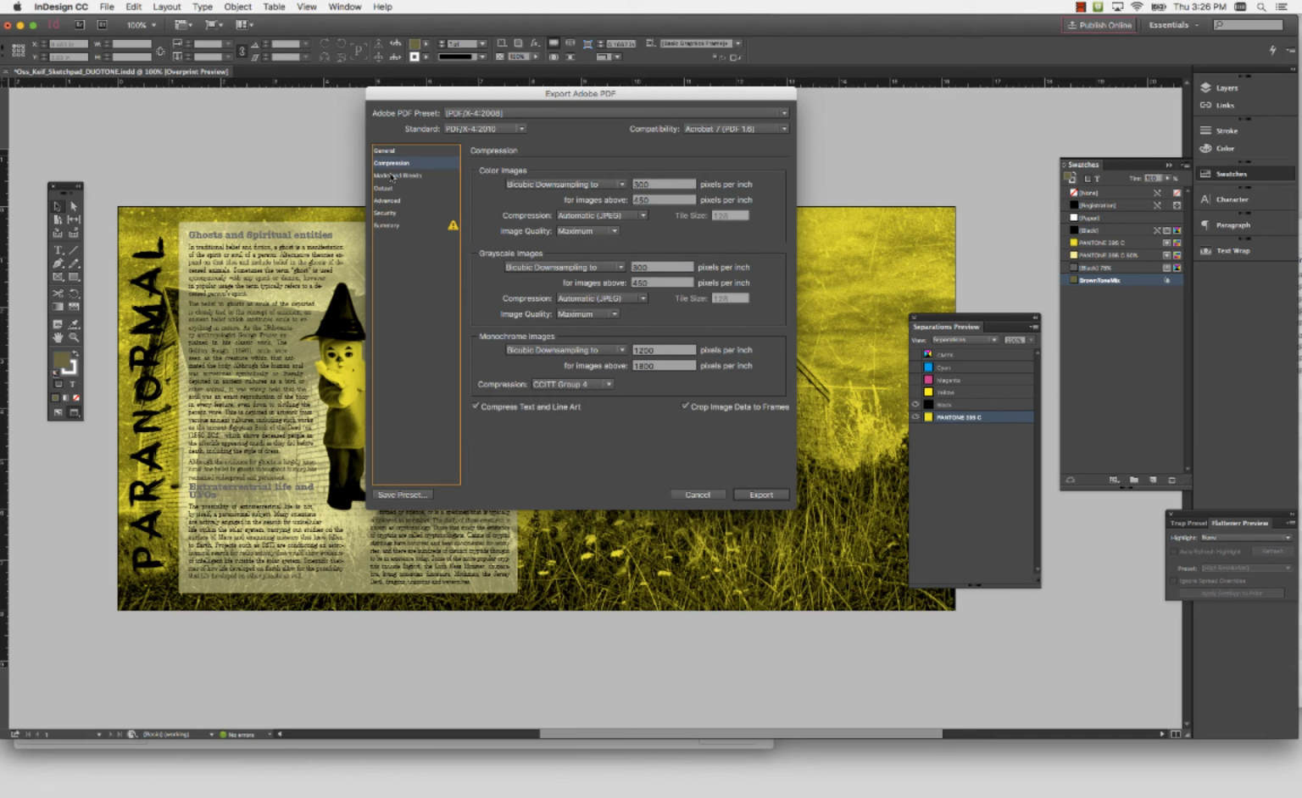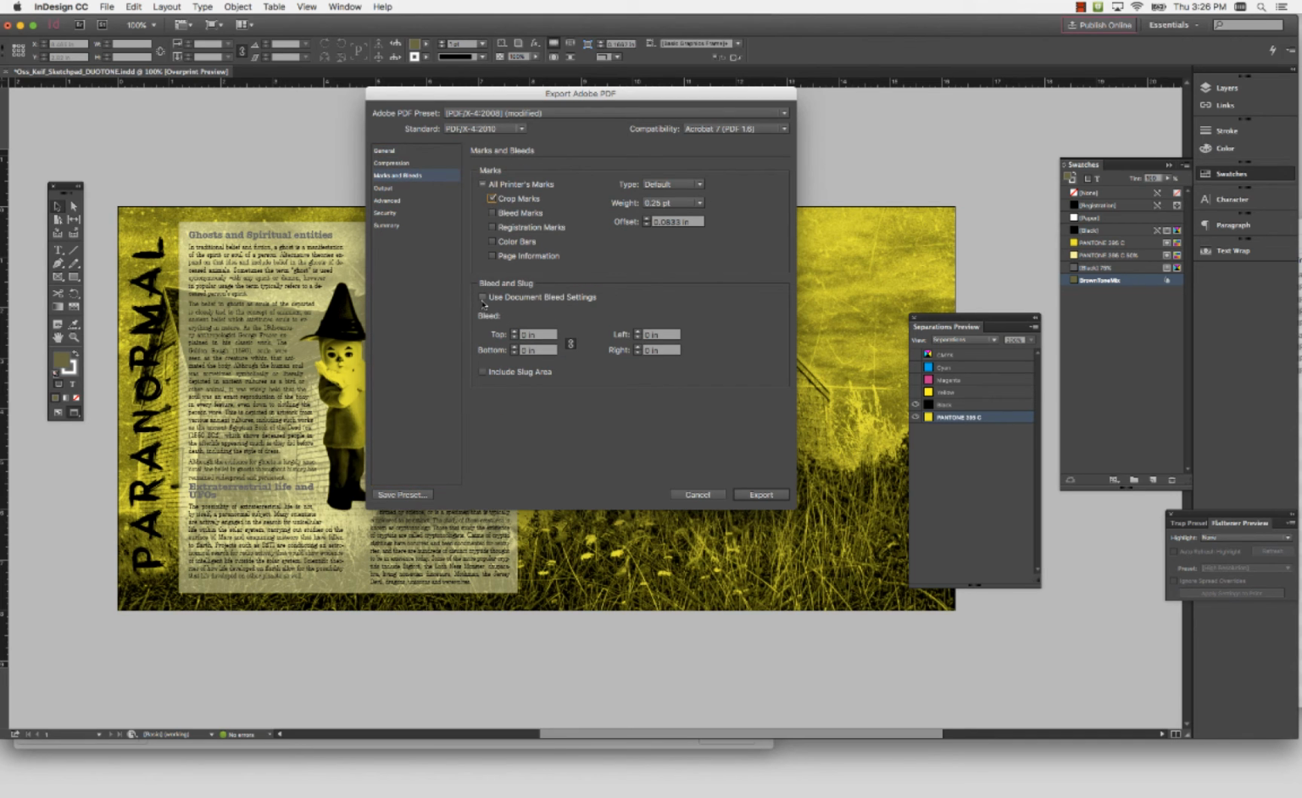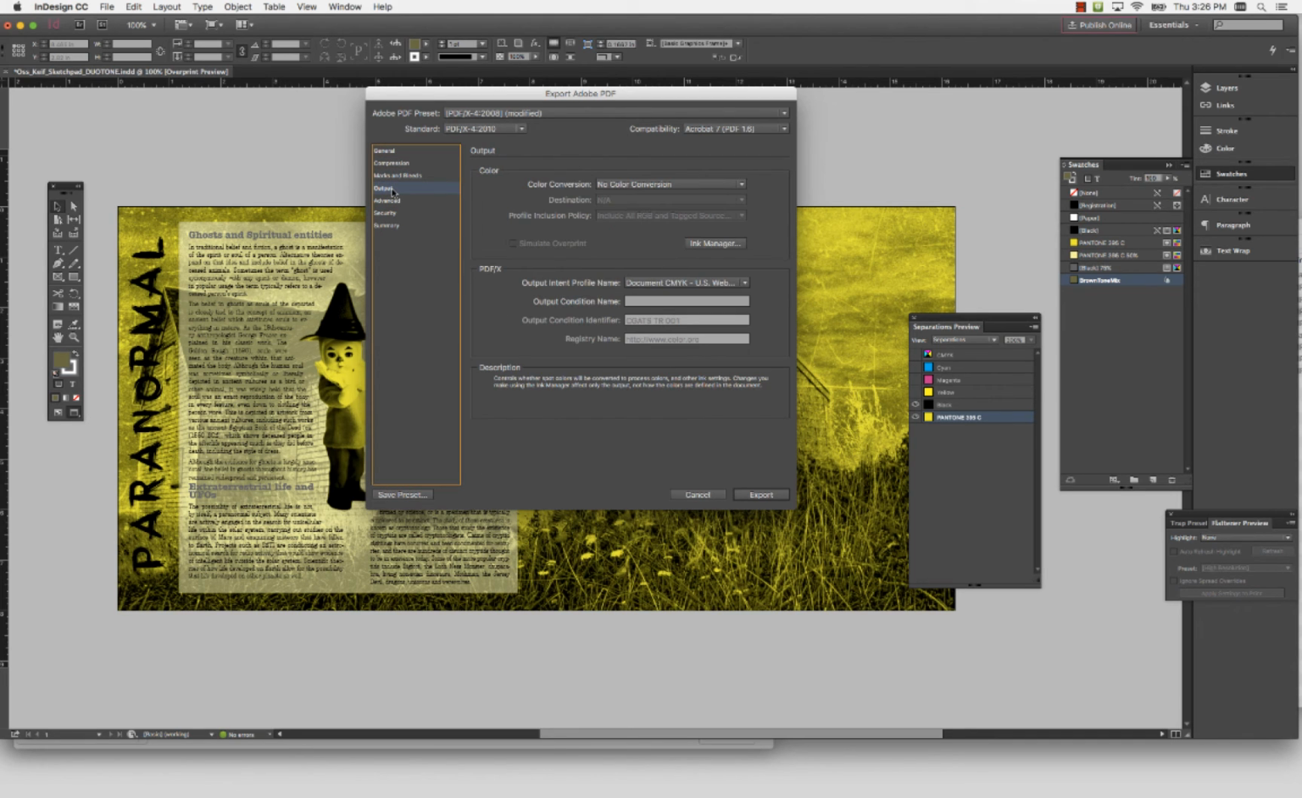I would then double check to make sure that I have things like my crop marks and bleeds applied. Under output, all I'm going to do different on this is I'm not going to work with any color conversion at all. We're just going to leave it all default. So there should be no color conversion. Basically, what that'll do is pass over both the black and that Pantone color in addition to it. We want to have that pass through. So I'm going to export,